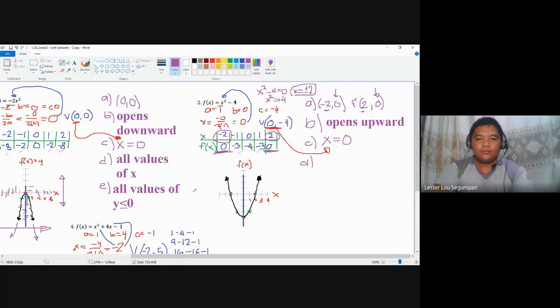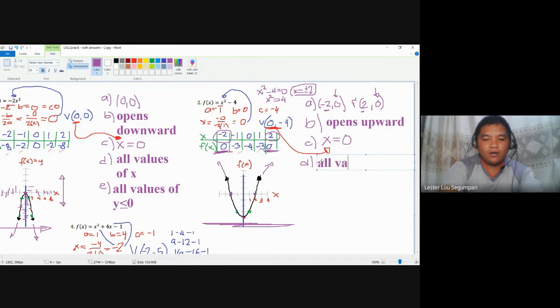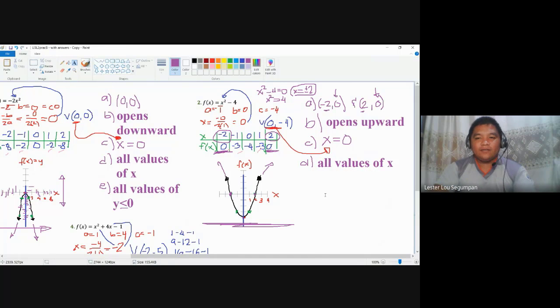Letter D, for the domain, as it increases here, looking at the horizontal level, same with number 1, we expect all values of x. Or again, you could use the set of real numbers. However, for letter E, we have here the restriction as you go vertically. These are all possible values here because we have the points represented in the graph, but it only reaches here and no more below. This is again similar to number 1,